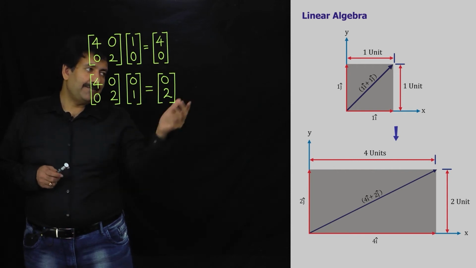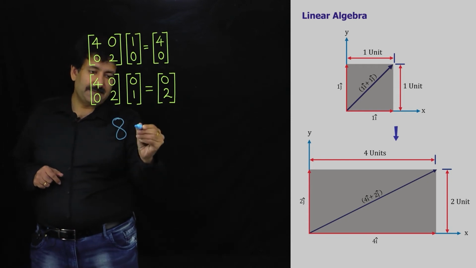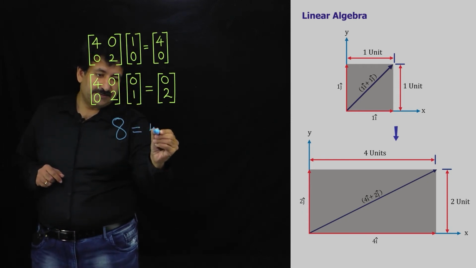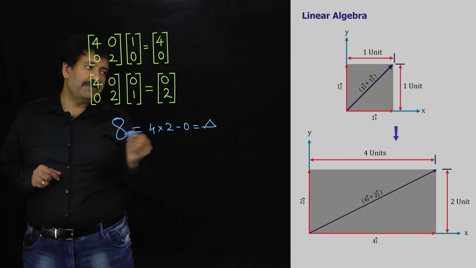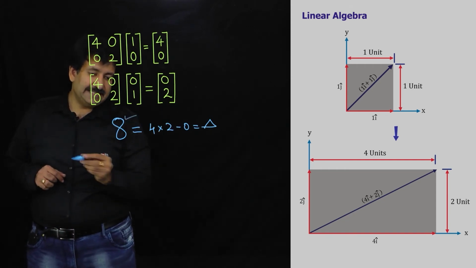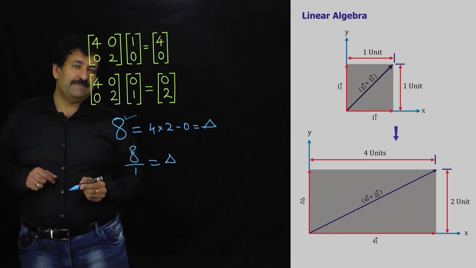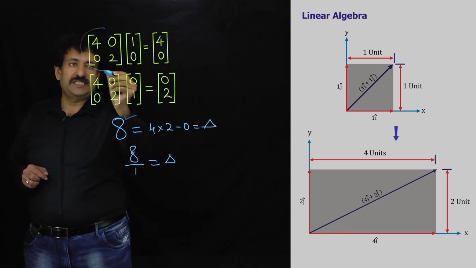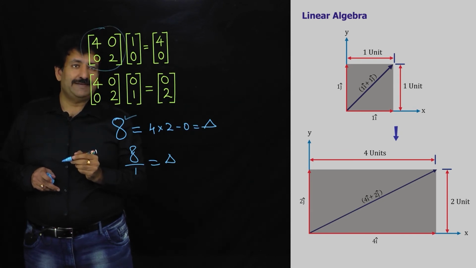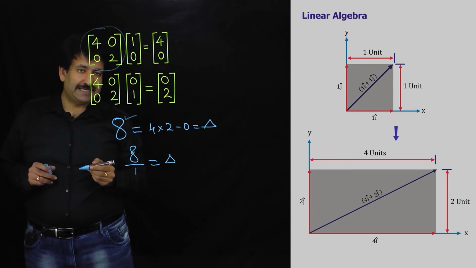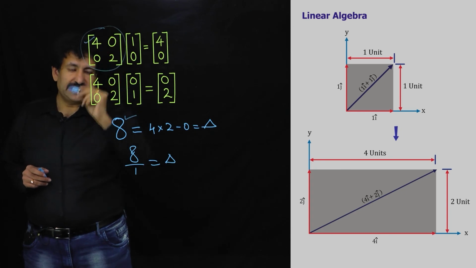And once again, if you calculate the area of the rectangle, it turns out to be 8, which is nothing but the determinant of the matrix, that is 4 into 2 minus 0, which is also the determinant. Since we started with 1, now the area is 8, the ratio of areas is nothing but the determinant. That means the determinant of the transformation matrix is nothing but the scalar multiplier of the area. That means by what factor the area gets augmented is nothing but the determinant of the transformation